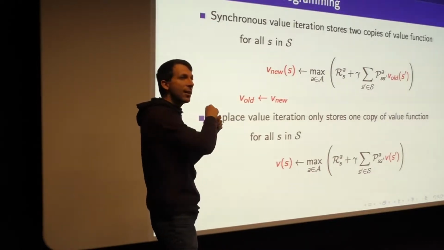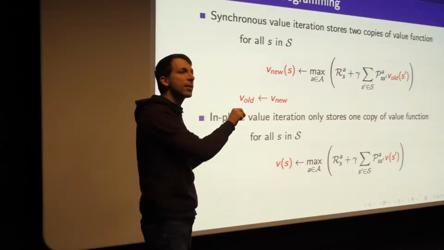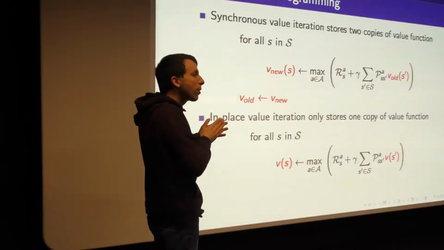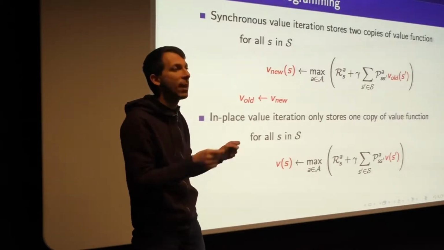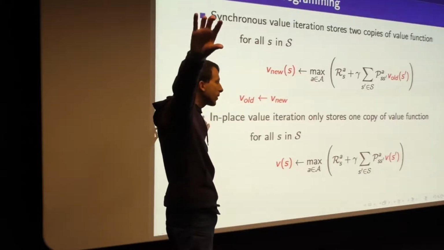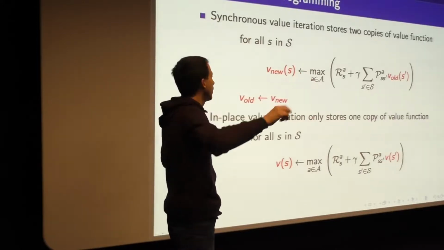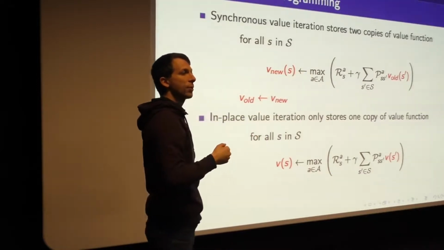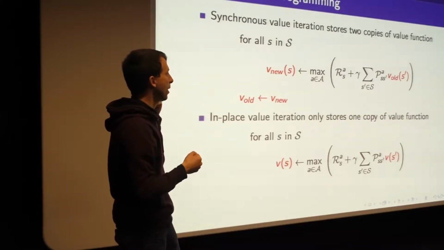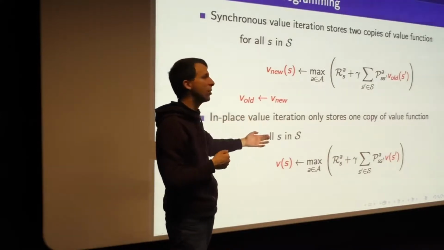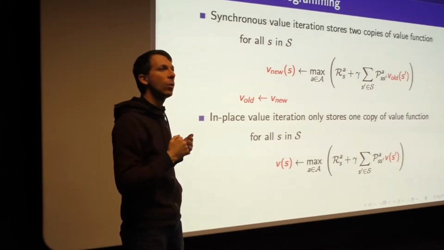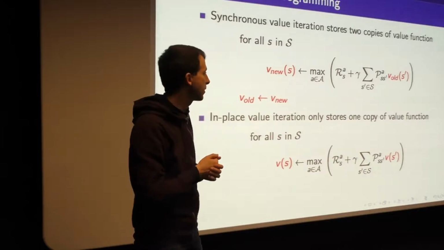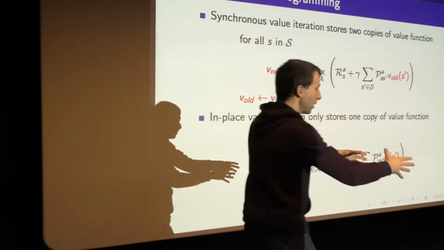The only question now is, how do you order states so as to compute things in the most efficient way? And it turns out, in some problems, you can be much, much more efficient. So imagine you've just got a single corridor, and you happen to sweep over your states in a goal towards source direction. Well, then it turns out that in-place value iteration in one sweep through all of your states will have already computed the optimal solution. You don't need n different sweeps,